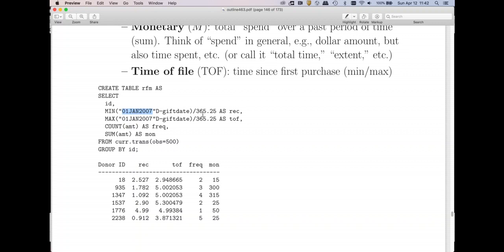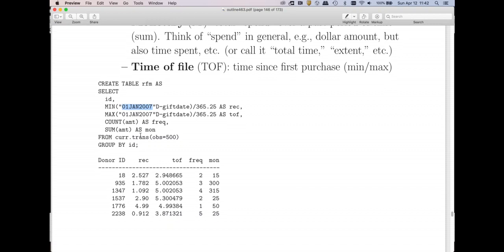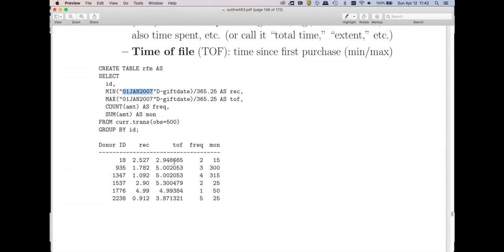You put in today's date here. This is just how long it has been since that gift occurred. And we're going to take the minimum value of that, divide by 365 and a quarter. The quarter is for a leap year, to give us recency. We'll take the maximum value to give us time on file. We'll compute the count as frequency, the sum to give us monetary, and you will see that we get what